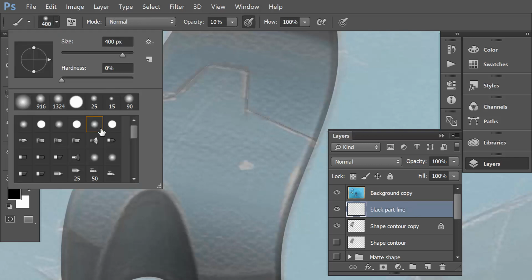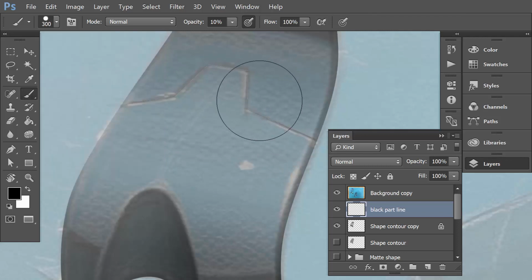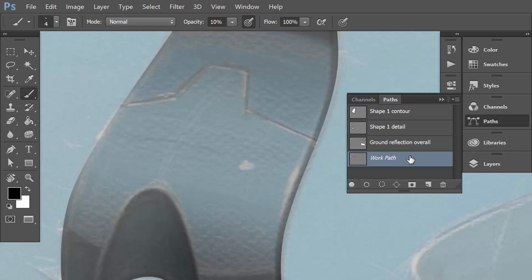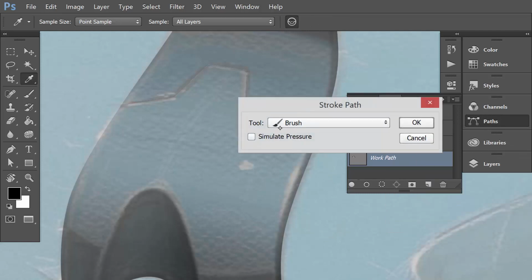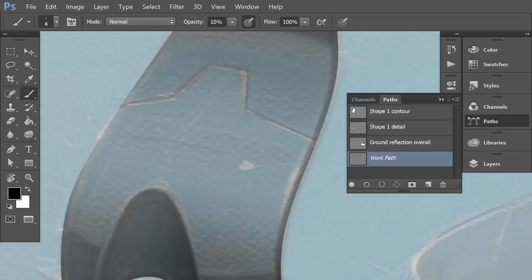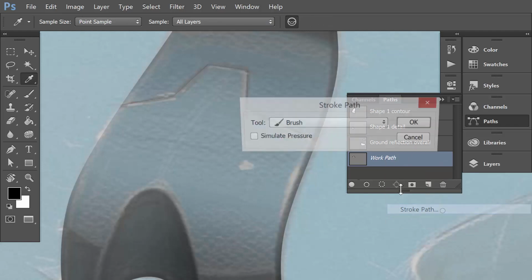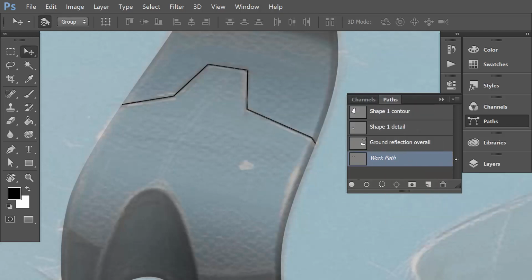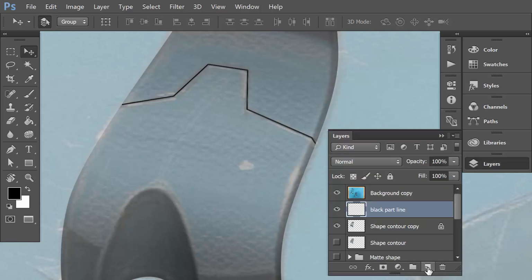Right? Choose a hard brush and make it really small, probably around, I don't know, 4 pixels. And then I right click, stroke path, make sure that's set to brush, and click OK. I can barely see it because my opacity is very low, so I'll just increase it and repeat. All right, so now I have that part line. Now I'm going to get my white part line,